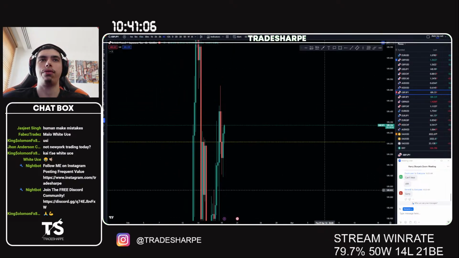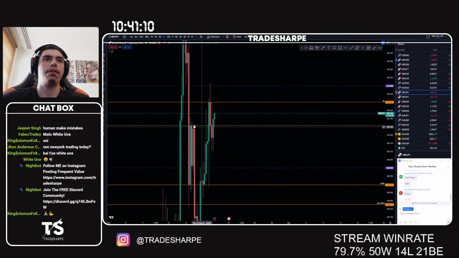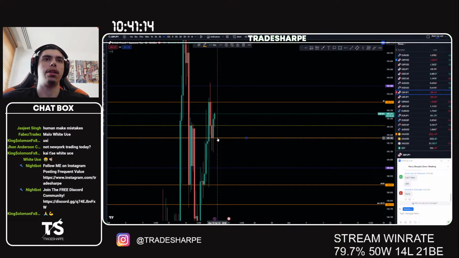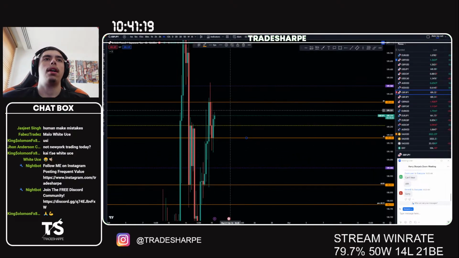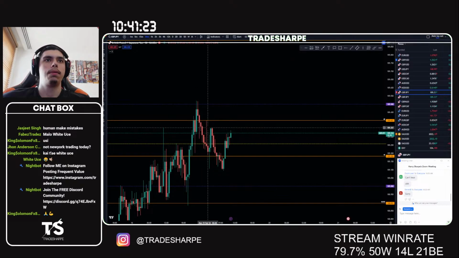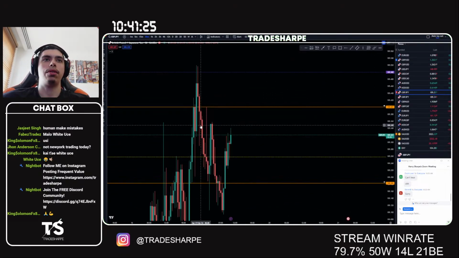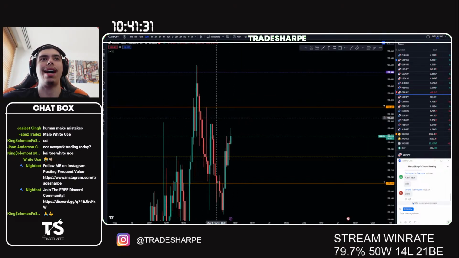If I bring back drawings here for you guys to see, you can see how I've marked this up. I can even mark this 4 hour support as well, right? We can put this line on here. So 4 hour support, and we can have a look at this 4 hour resistance right here. We have this 30-minute resistance right here as well. If we close above this 30, we have about 4 pips. It would all depend on how the close is.